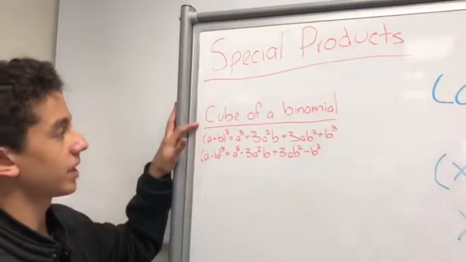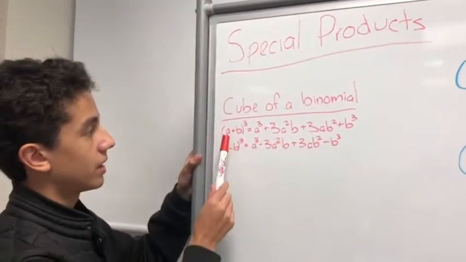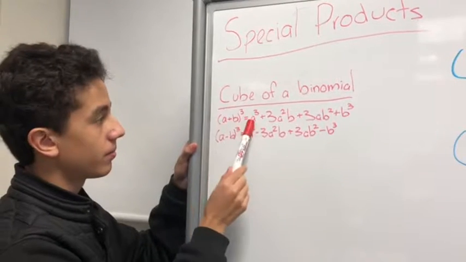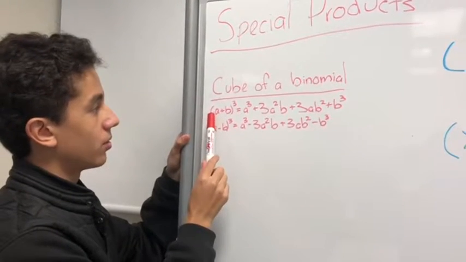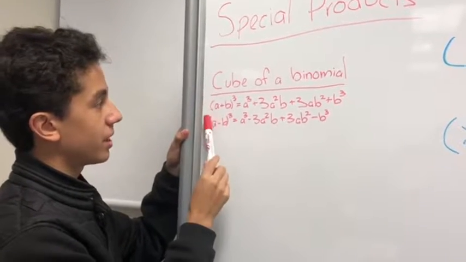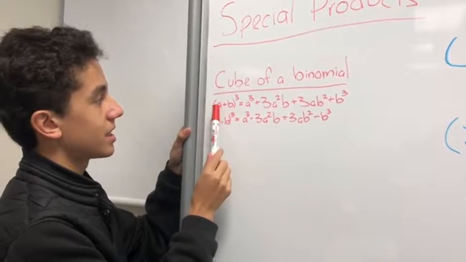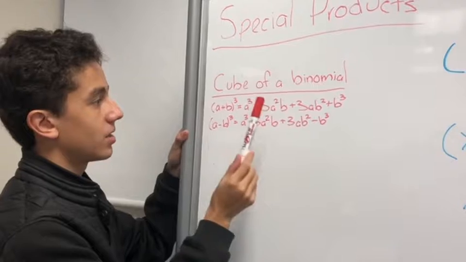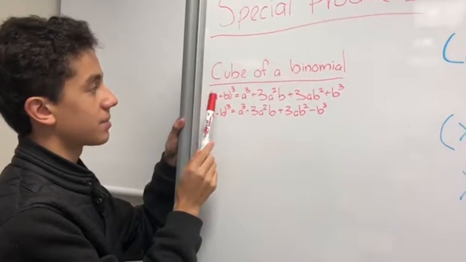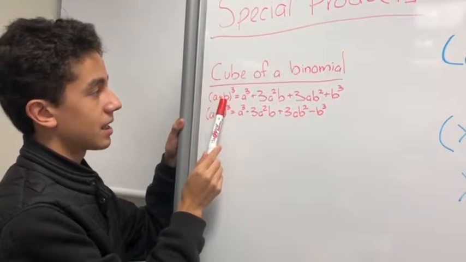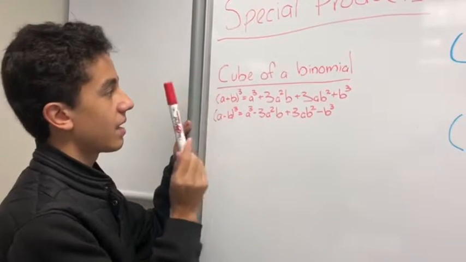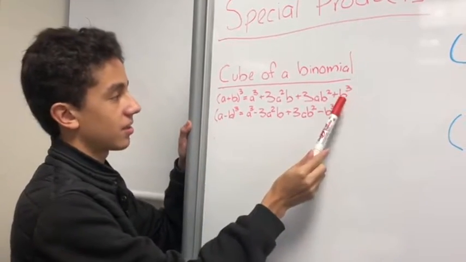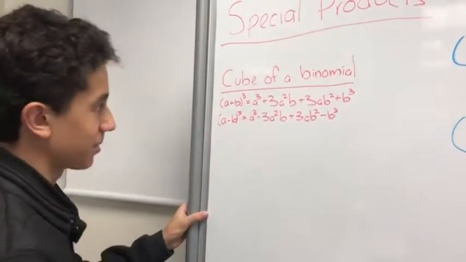So in the cube of a binomial, you first get the cube of the first term, then you multiply 3 times the square of the first term times the second term, then you multiply 3 times the first term times the square of the second term, and finally you get the cube of the second term. So for example,